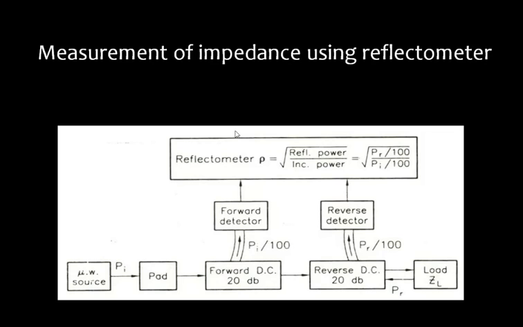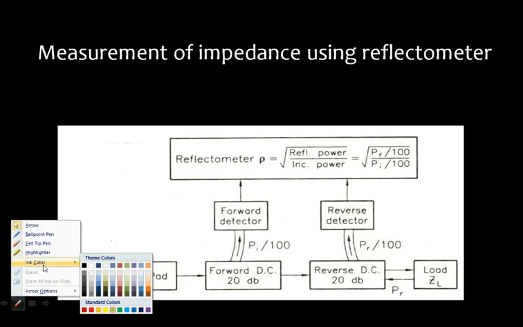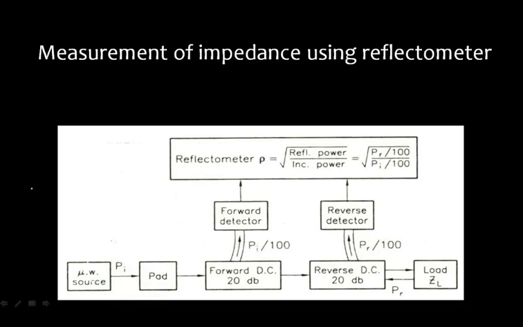Now, here in the reflectometer method, you are using the directional coupler. As we have already gone through the directional coupler, you know the characteristics of the directional coupler. If I draw the directional coupler, this is a 4-port device. Suppose this is the main arm and these are your auxiliary arms. Whenever you are giving something to port number 1, it goes to port number 2. Port number 3 is the isolated port, and port number 4 will be the coupled port.